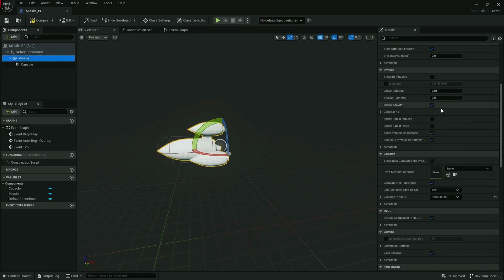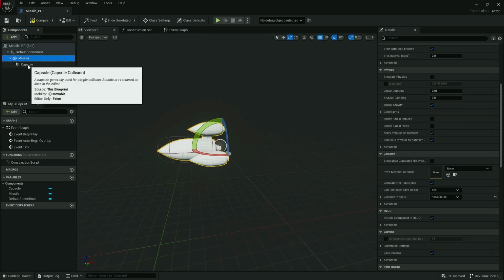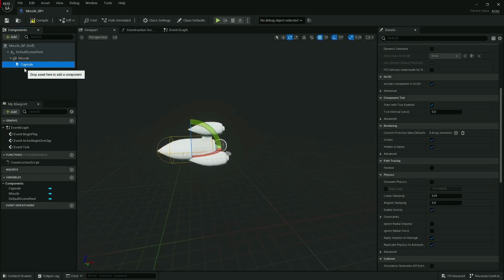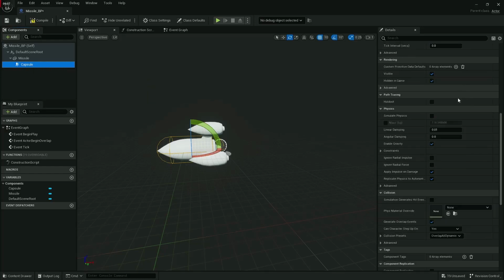Yes. Doesn't mean we can't use physics, but that'll be fine. Will it? Yeah, no, we'll do that for now. Maybe we'll change it later. So, with our capsule selected, next we are going to set up the overlap with the player. So again, with the capsule selected, we're going to scroll right down on this right hand side until we see